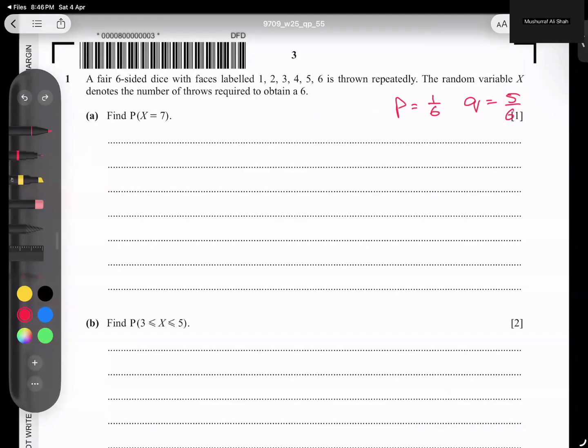So how to do this kind of question? The formula is X equals r. It did not say that it appears the first time, so is it a geometrical probability? No, it looks like a simple binomial probability. Whenever the word until comes, for example if you say it appears until the first time, we have to go for geometrical. But this topic looks purely binomial, and the binomial formula available to us is